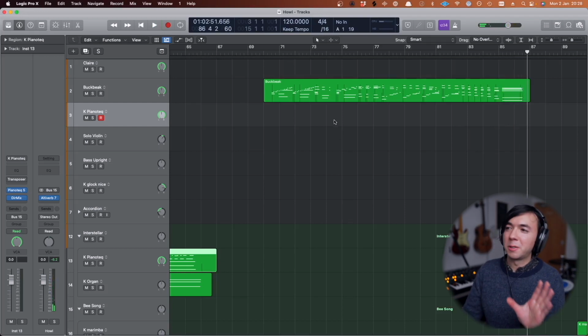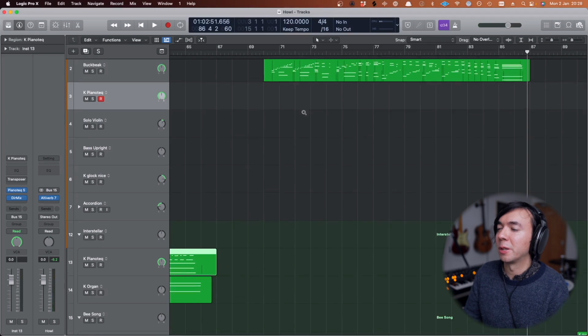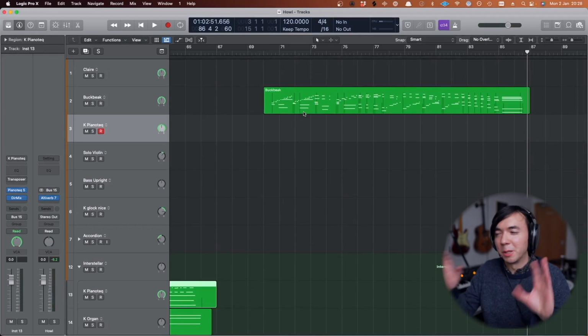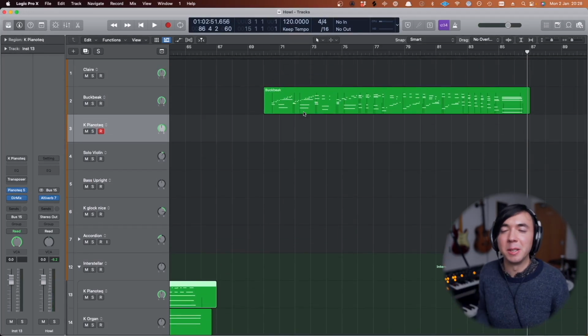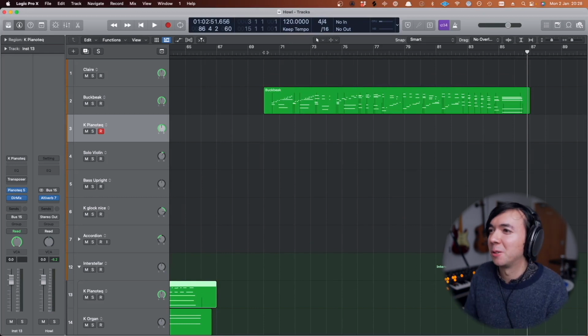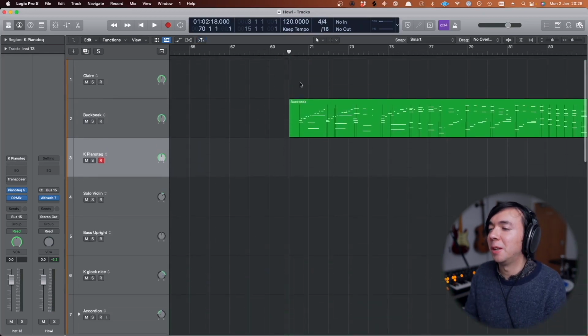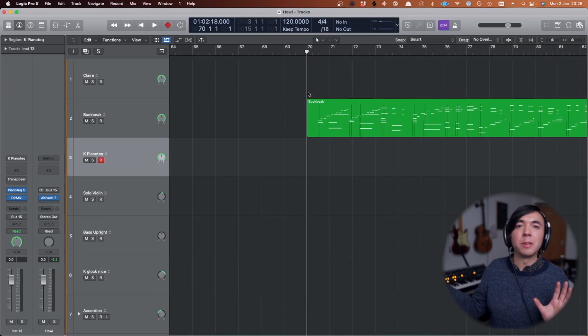So the part that I'm interested in here is this intro section, which is the build up towards the big soaring majestic melody. Sounds much better with a full orchestra. So what the sequences are doing here are essentially just outlining the chords.